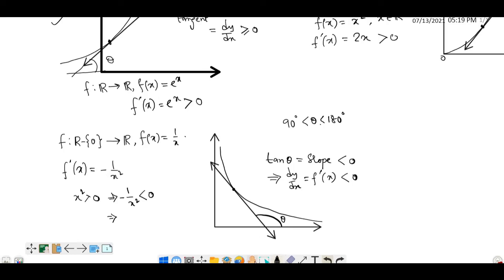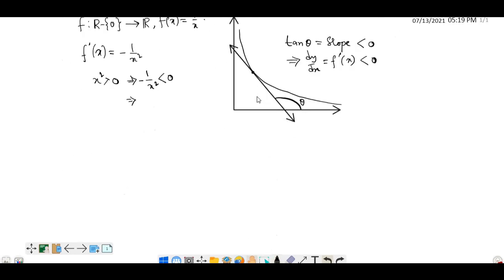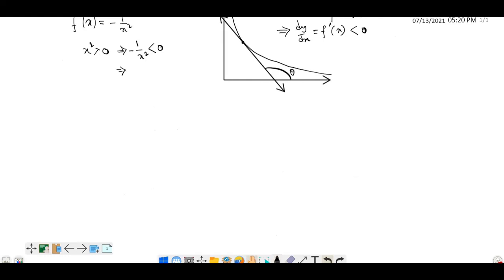Now let us see some examples where, if the equality occurs, then we will get some decreasing function, not strictly decreasing. Okay, so we are considering this one, f from